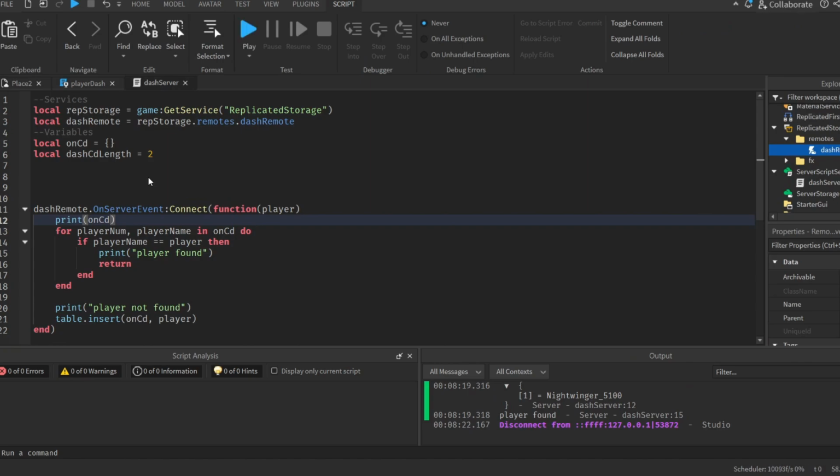But you may be wondering, what even is a table? What the hell are you talking about? A table is an array, basically. And if you don't know what that is, think of a table as sort of like